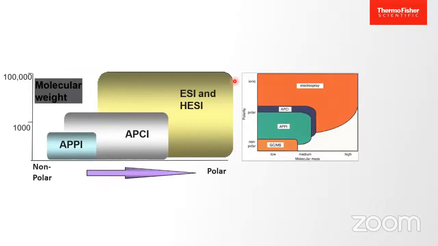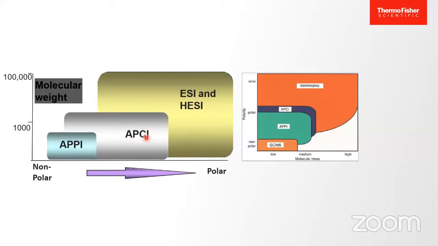So let's look at that. Why do we need different kinds of ionization sources? You must be wondering why I'm talking about ESI, APCI, and other things. The reason is very simple. The different ionization sources are used based on their polarity and their molecular weight. So if you look at the ESI platform, if you have a highly polar or a mid polar compound, you can use electrospray ionization or a heated electrospray ionization as a preferred source.